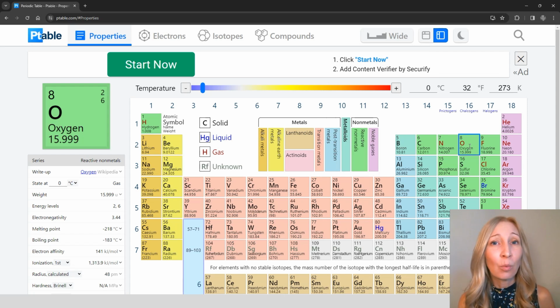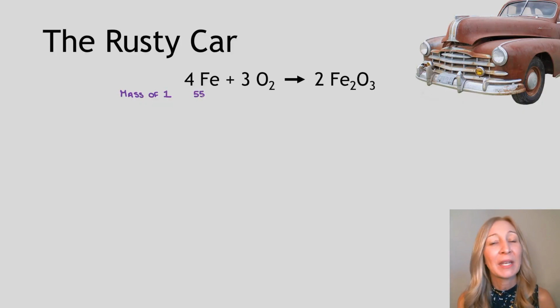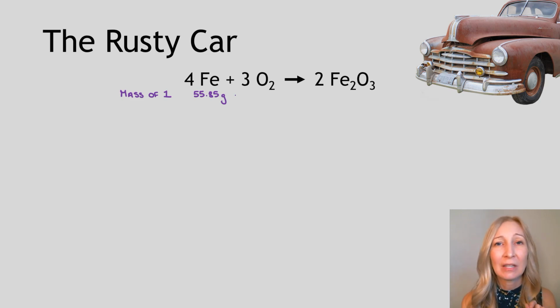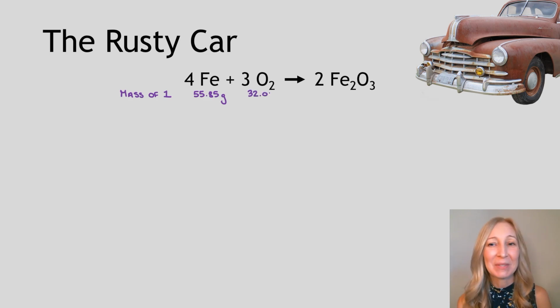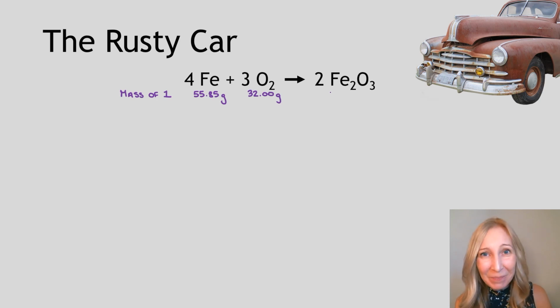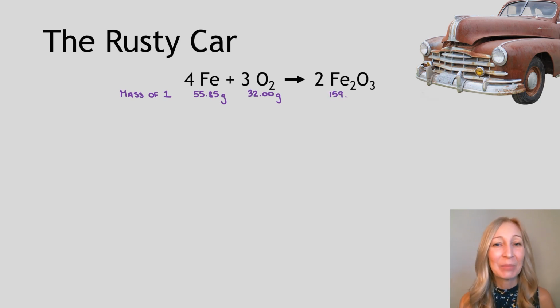The mass of one iron is 55.85 grams. I'm going to round to the nearest hundredth on this, and we'll even round more as we get through the questions, but I'm going to leave every element measurement to the nearest hundredth. And the mass of an O2 is 32.00 grams. The mass of an Fe2O3 is 159.69 grams. So we take 2 irons and add it to 3 oxygens, and that gives us a mass of